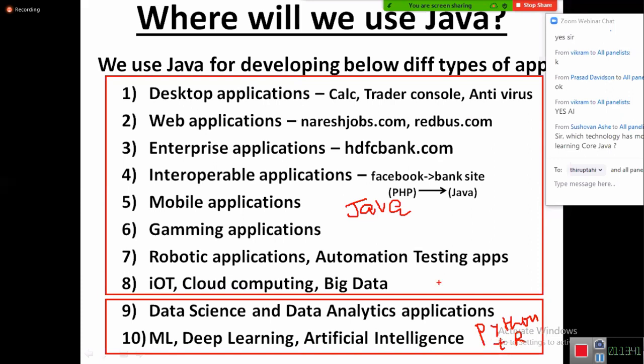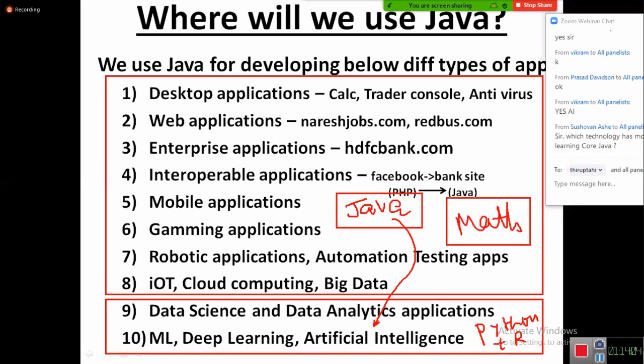Why can Java not be used in this area? You need to know it. Very simple. If you want to develop data science, data analytics, deep learning, machine learning, artificial intelligence applications, you need huge library support, a huge mathematical library. Statistics and linear algebra mathematical libraries are required.